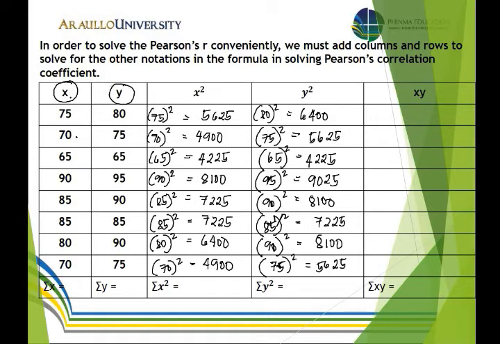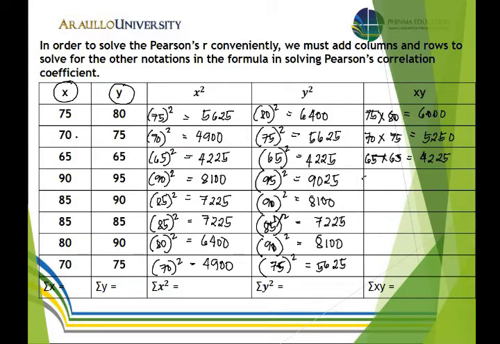So meaning we need to multiply x and y. So we have 75 times 80 is equal to 6,000, and then 70 times 75 is equal to 5,250, and then we have 65 times 65, we have 4,225, and then we have